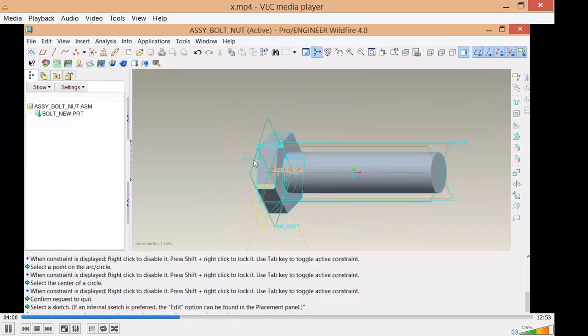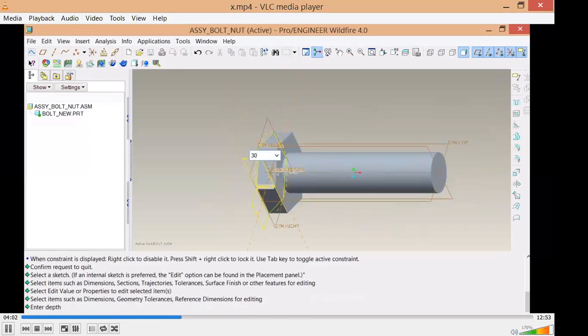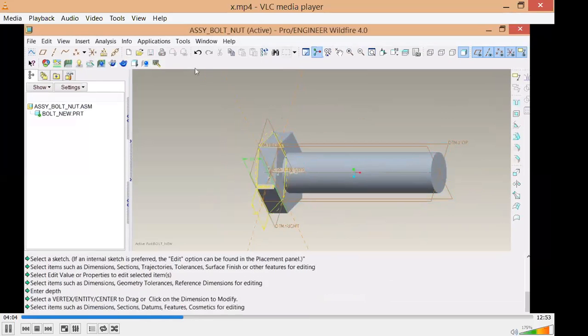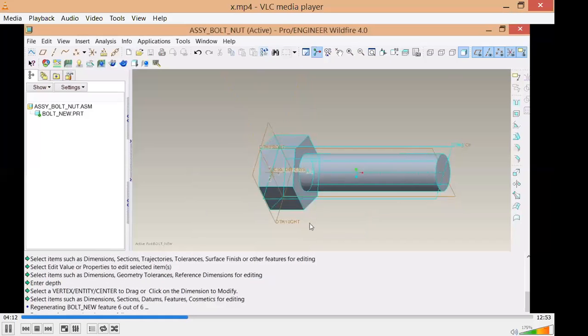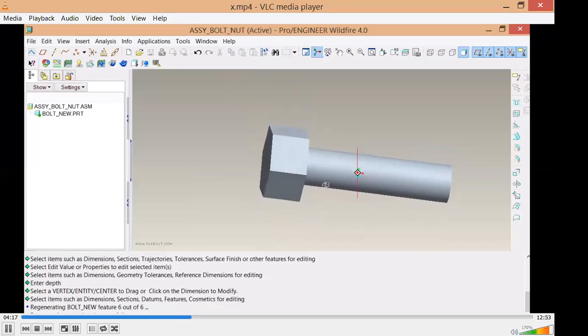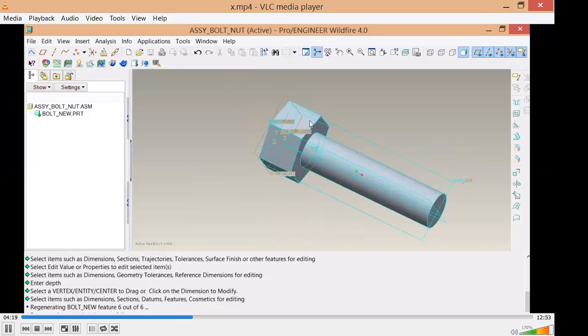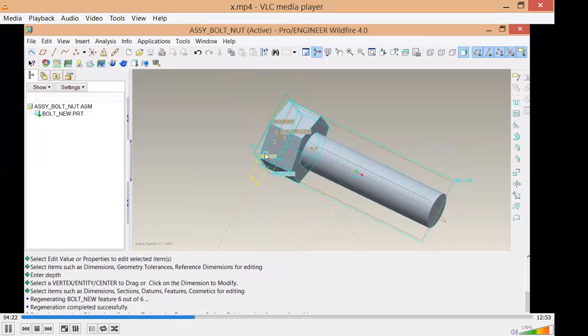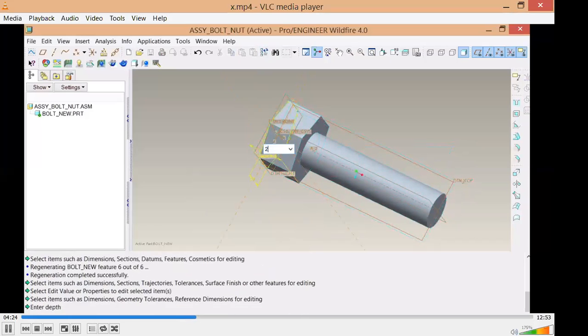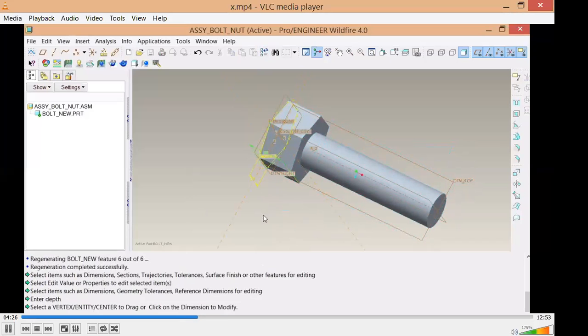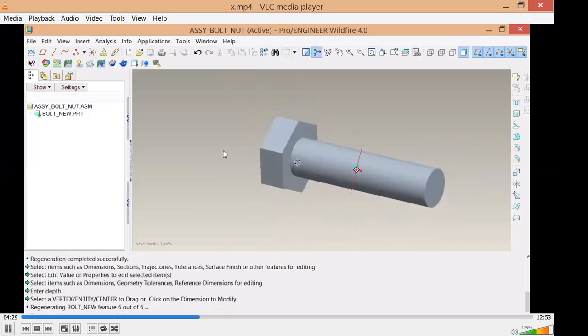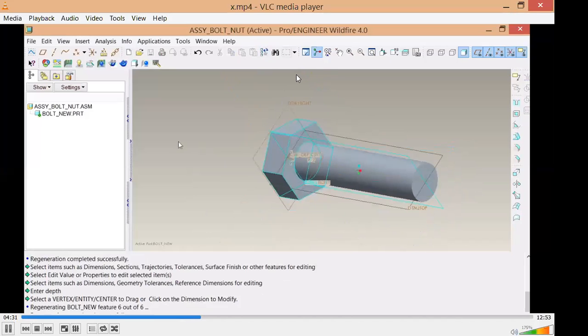If you want to change the bolt height, the thickness of the bolt head, which I'm changing to 30, there's something called regeneration. So that is regenerate. Click on that so that the changed value is reflecting in the model space. If you feel that this is too big and you want to change it to some value, say 20, enter 20, press enter. Again, you have to go to regenerate. So Ctrl G is a shortcut.